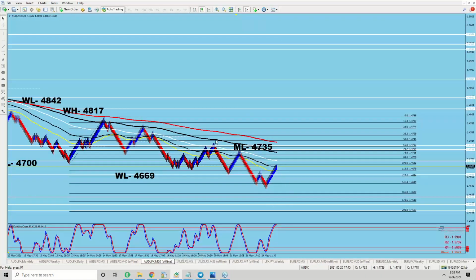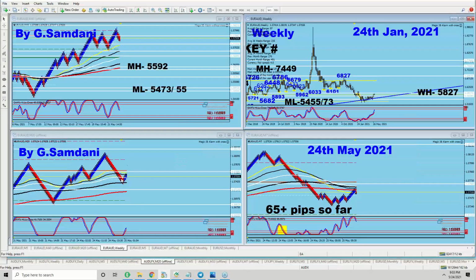What's happening here? See, this is a beautiful short setup right now. If that plays out, that means Oz is going to get weaker. Then I would not go short. I will be looking for a long entry, and just wait until that happens. If the Aussie index drops, this will go up. And this is a long setup. Yes, yellow is above the black. This indicates all the way down.